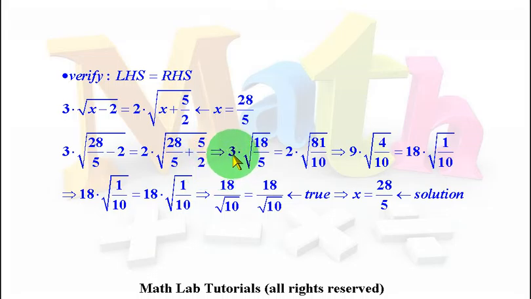On the left, we get 3 root 18 over 5, because 28 minus 10 over 5 is 18 over 5. On the right-hand side, we get 2 root 81 over 10. How did we do that? By cross-multiplying. You get 2 times 28 plus 5 times 5, all over 10. And that'll give you 81 over 10. So on the left,